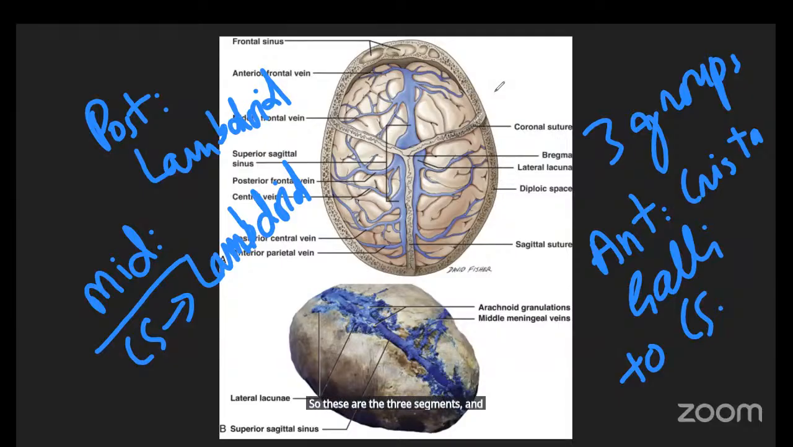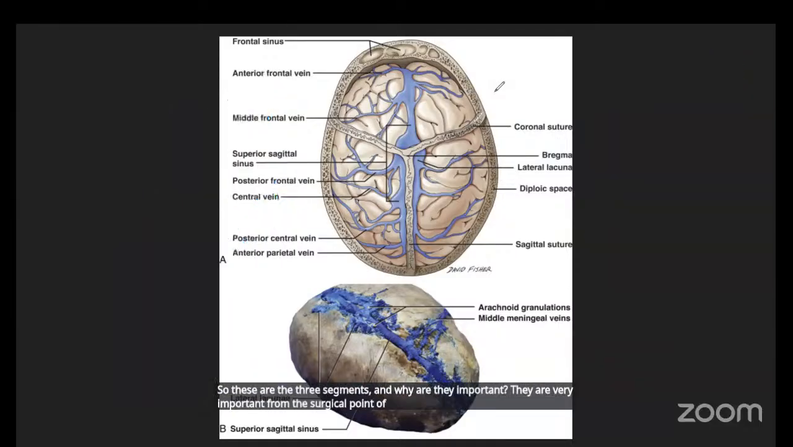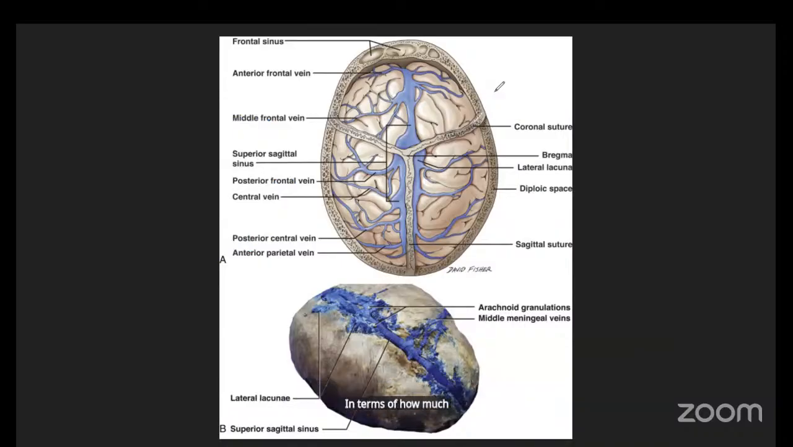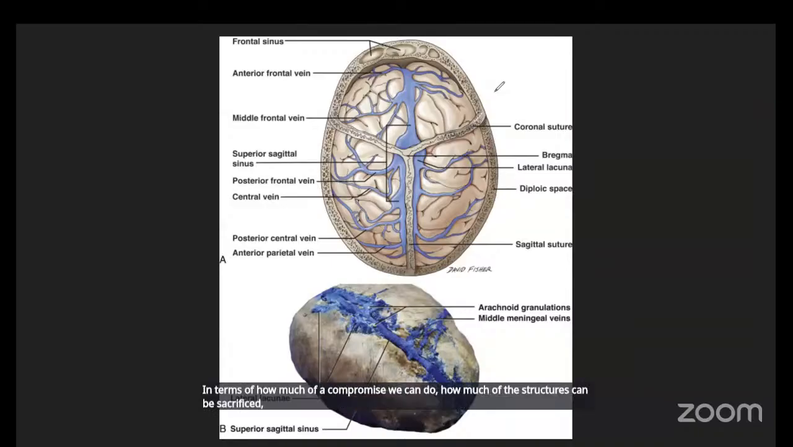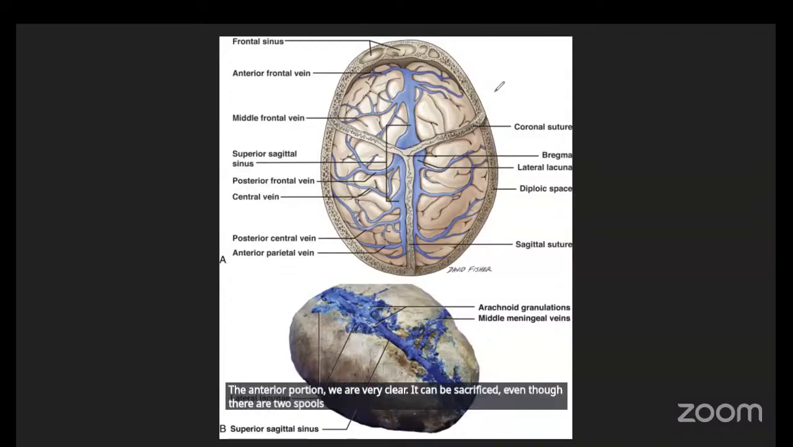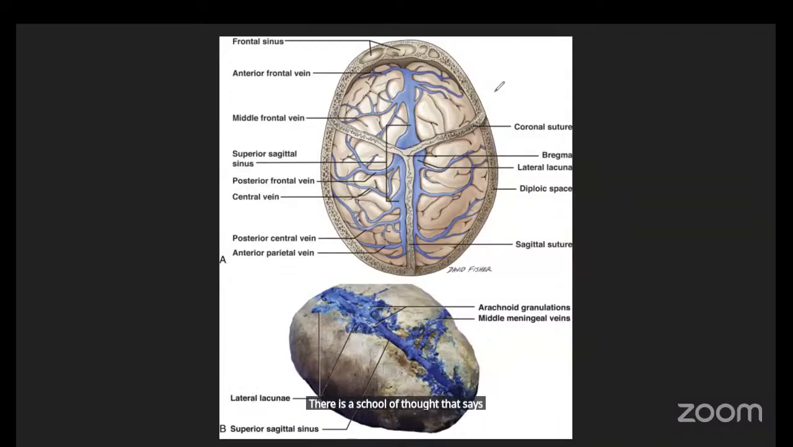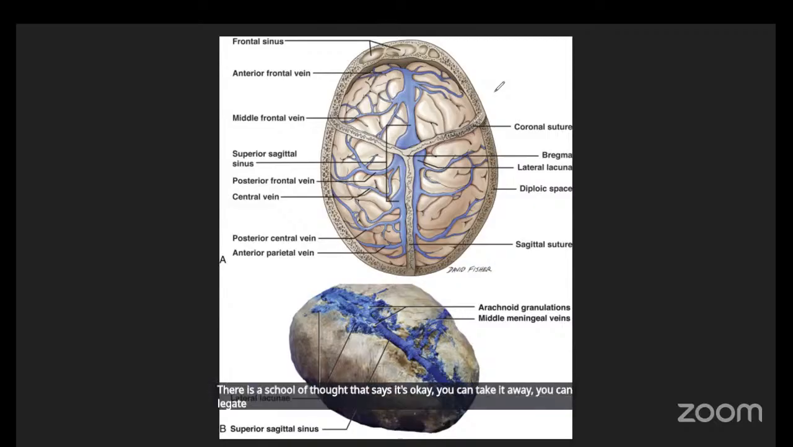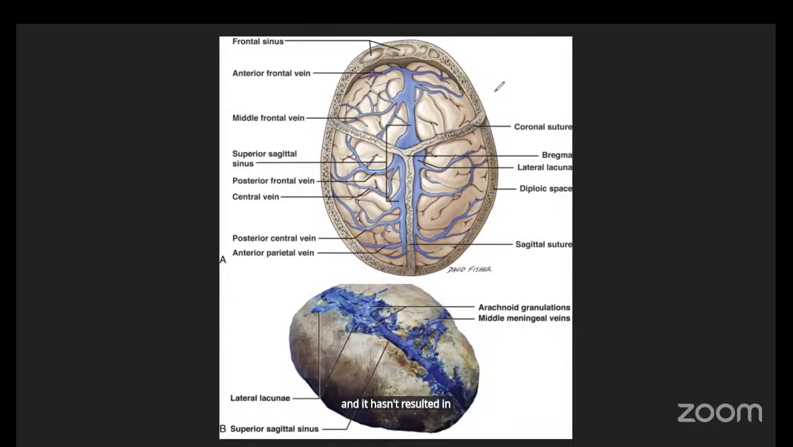And why are they important? They are very important from the surgical point of view in terms of how much of a compromise we can make, how much of the structures can be sacrificed. The anterior portion, we are very clear, it can be sacrificed, even though there are 2 schools of thought. There is a school of thought that says it's okay, you can take it away, you can ligate. I have ligated it countless times, and it hasn't resulted in any problems, at least in the short term. But there is a strongly growing school of thought which has started gaining some traction,